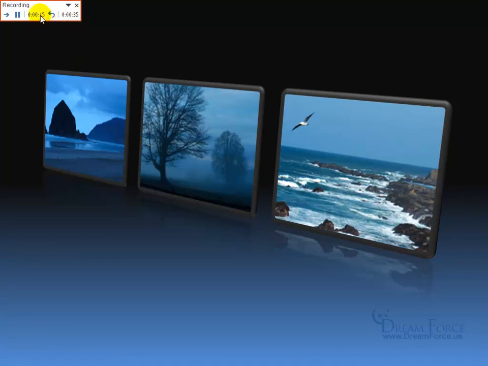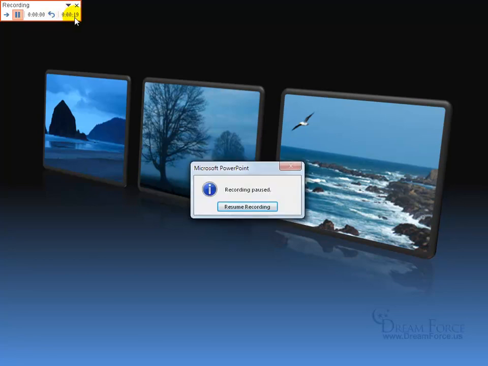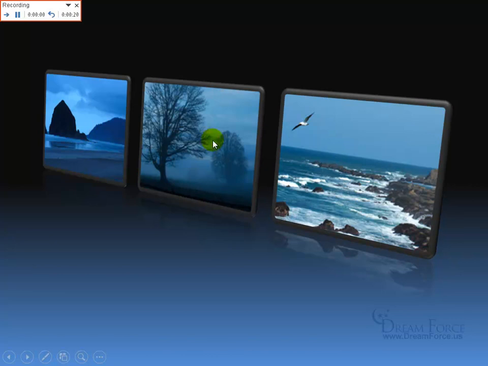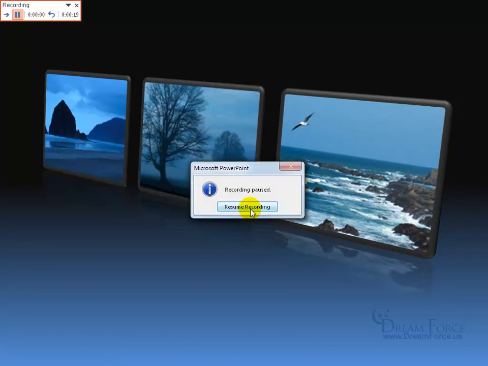When I click on it, that will zero out and go back to the beginning. And then this will go back to, well, the total amount of time before I got to this slide. So it's 42, click on repeat, and it goes back to 19, and then that's back to 0. And it's also paused, thank goodness. So I can get it right. Okay, this is where we've been, this is where we are, and this is where we want to go. So go ahead and click on resume. This is where we've been, this is where we go. And then we can go ahead and click on repeat and then start over again and keep doing it and